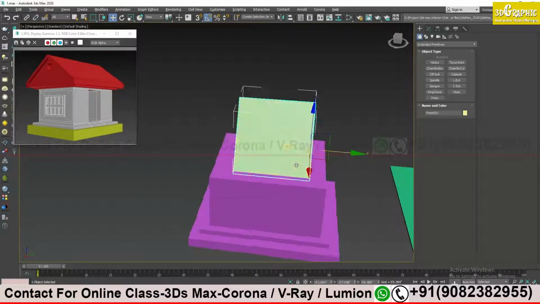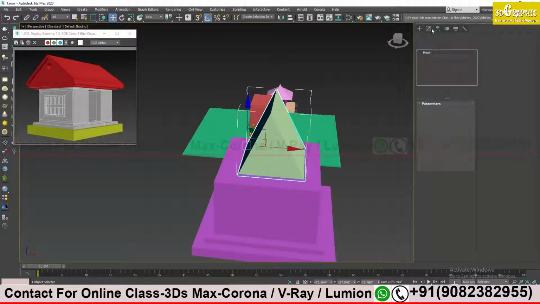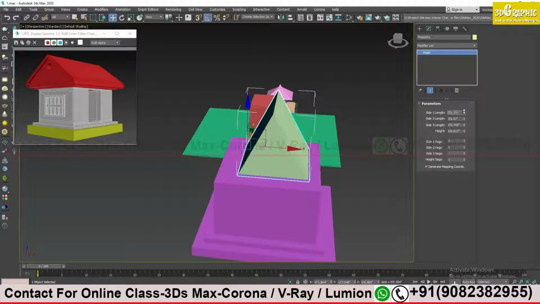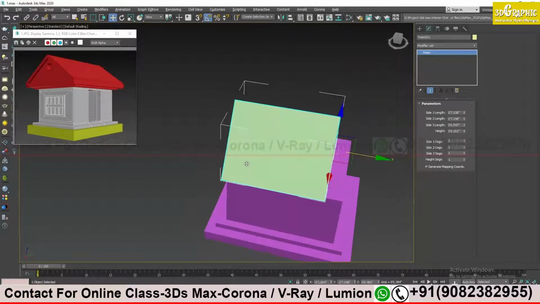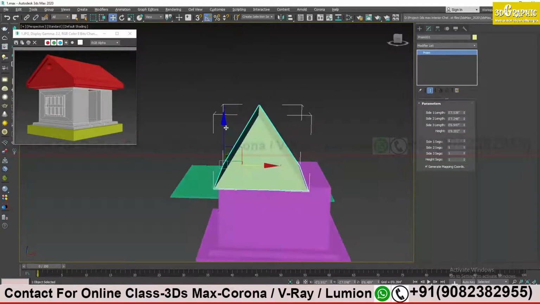I'm just arranging it. Let me see what properties I have. Length. There are three lengths. Let me adjust a bit.